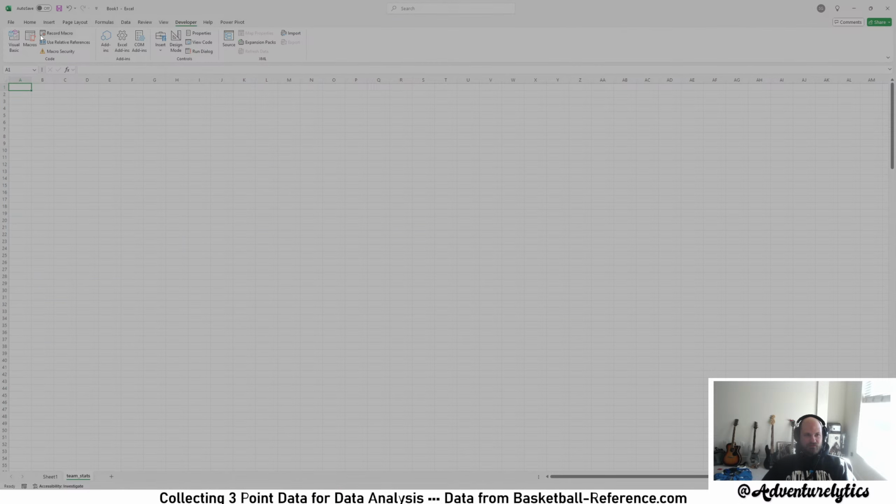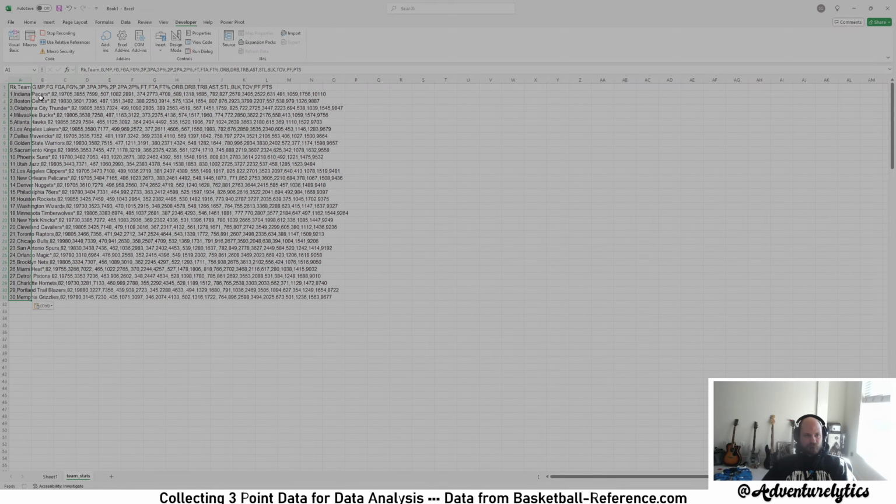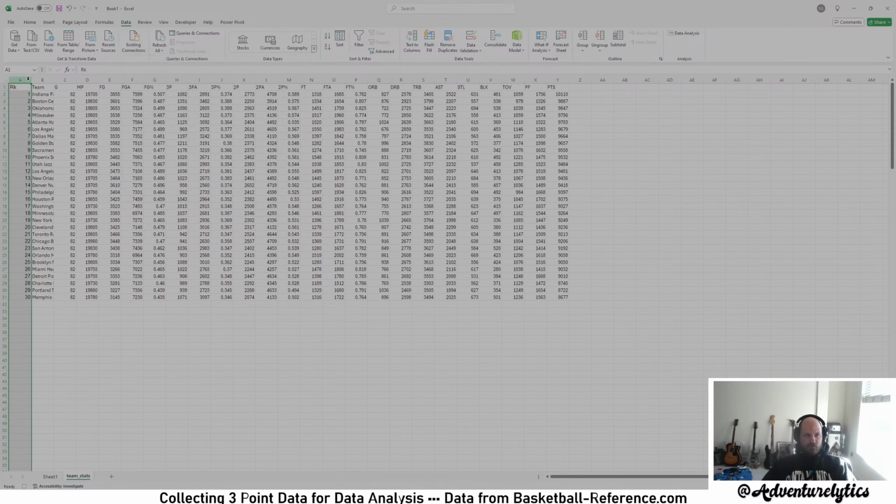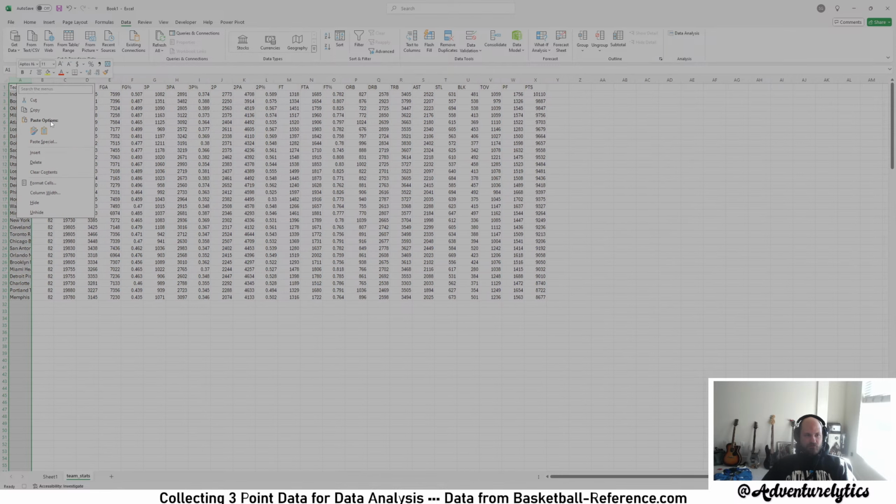So let's get rid of this macro. Just delete it. Do macro 2, hit Q. Text to columns. Get rid of the rank.